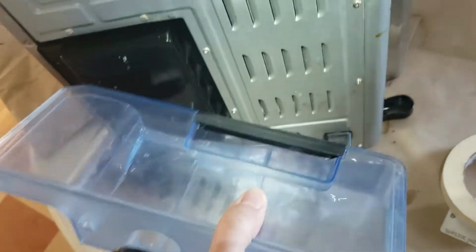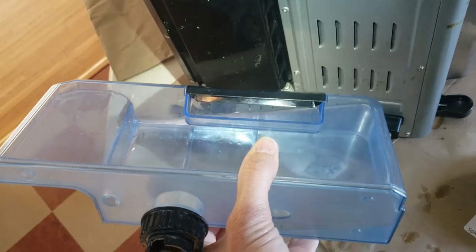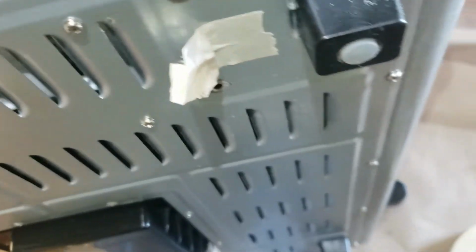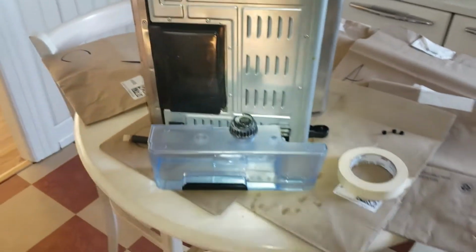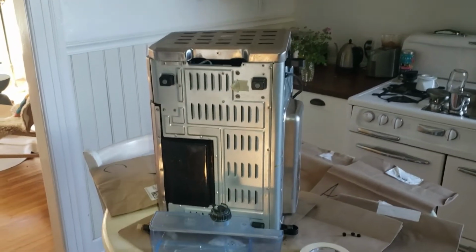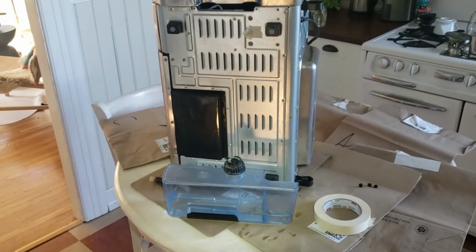So the reservoir, which is this guy down here. Hold on one second. So the reservoir. We're helping a friend with this, and they actually have not done the maintenance, which is to decalcify it, I guess once or twice a year. You put vinegar in and run it through the system. So there's probably calcium buildup